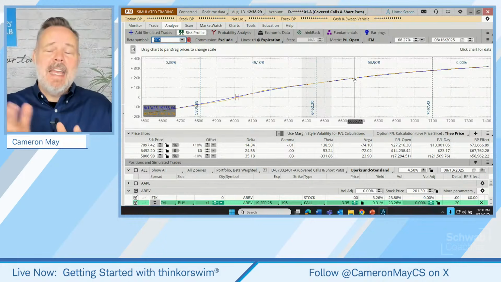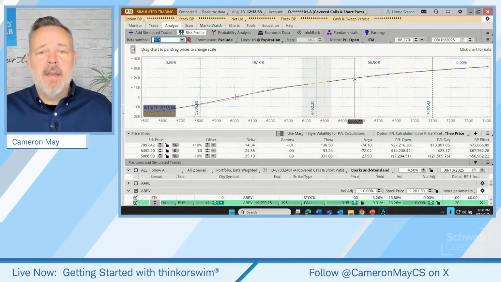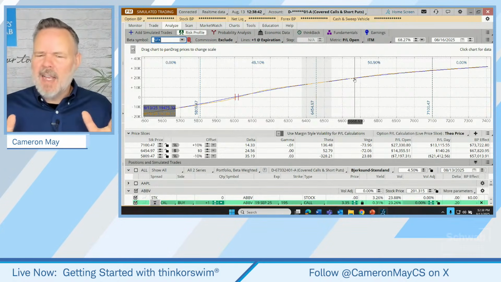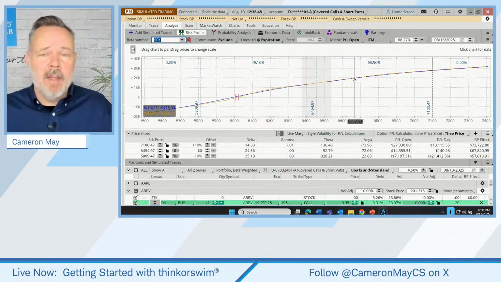I wanted to provide an in-depth introduction, pardon me, to this risk profile tool. Now, this is one that probably will take a little bit of repetition. I would suspect there's some of you saying, boy, Cameron, I appreciate a little demonstration, but I didn't catch every single thing. I don't think I could go implement every single thing right now.